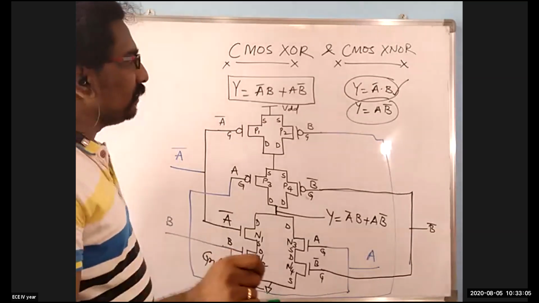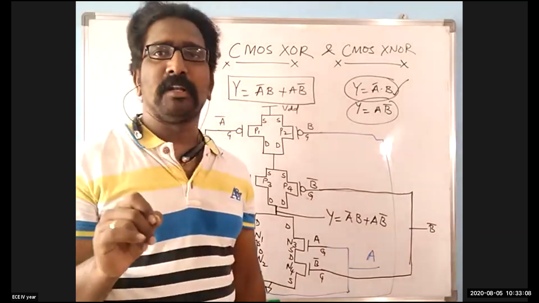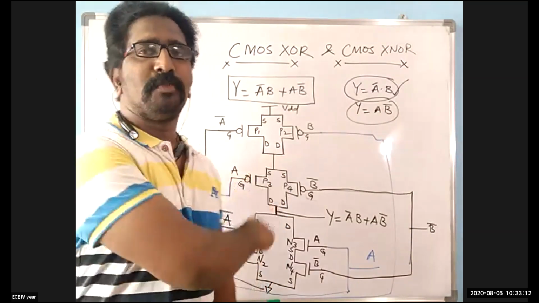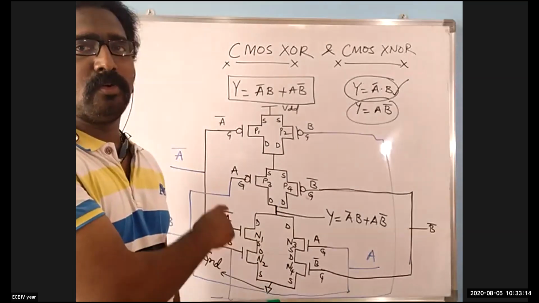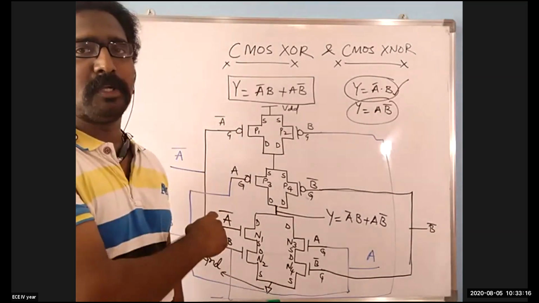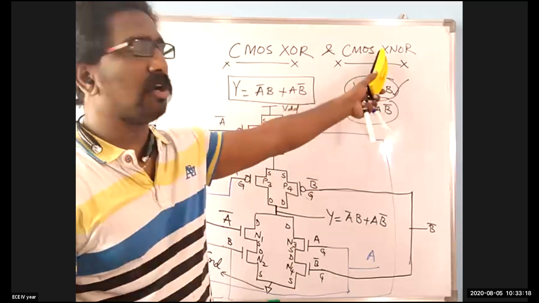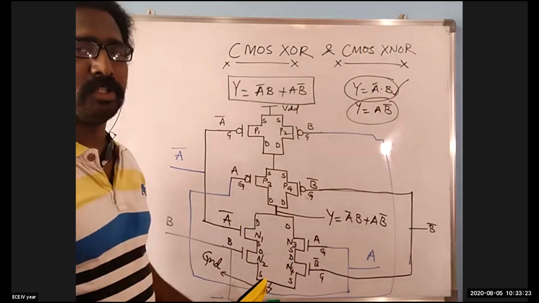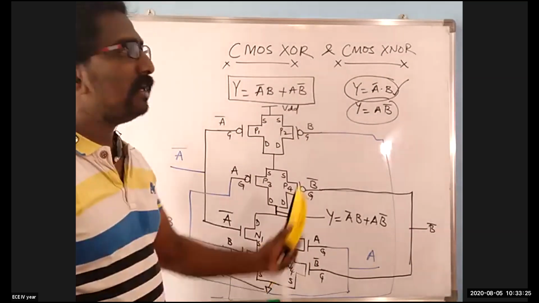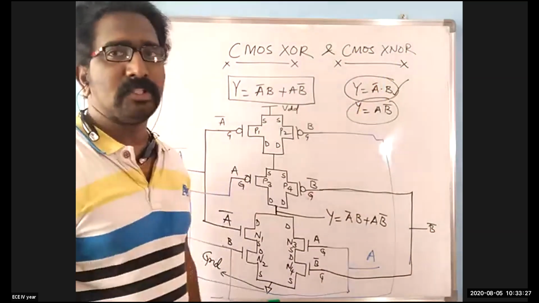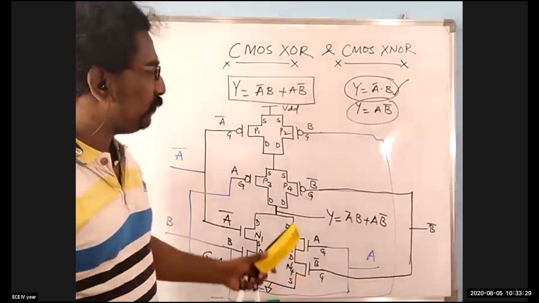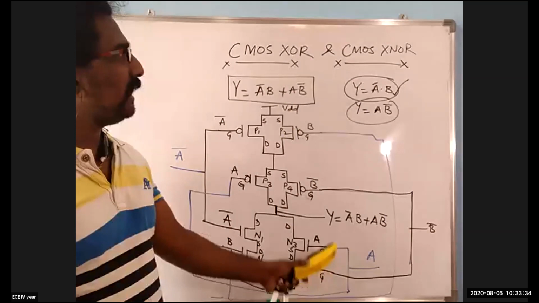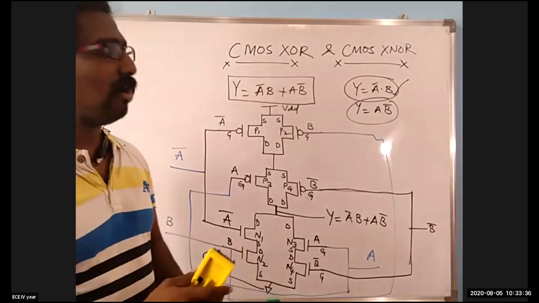But listen here, when you try to realize this particular circuit, the truth table of this circuit will not be equal to XOR gate. It means that this circuit, whichever we have drawn here with the help of CMOS, is a CMOS XNOR gate. If you connect an inverter at this output, then it becomes the structure for XOR gate.